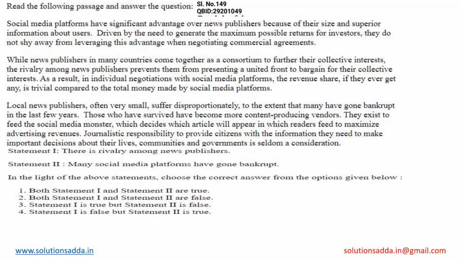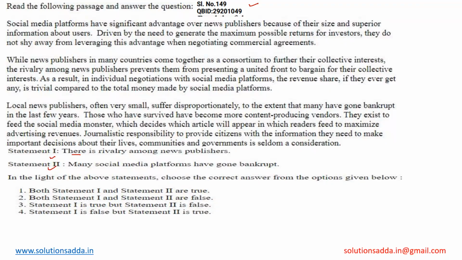Hello everyone, this is question number 49. In this question, two statements have been given, statement 1 and statement 2. Statement 1 says there is rivalry among news publishers, and statement 2 says many social media platforms have gone bankrupt. We need to identify whether each statement is true or not, and which one is true and which one is